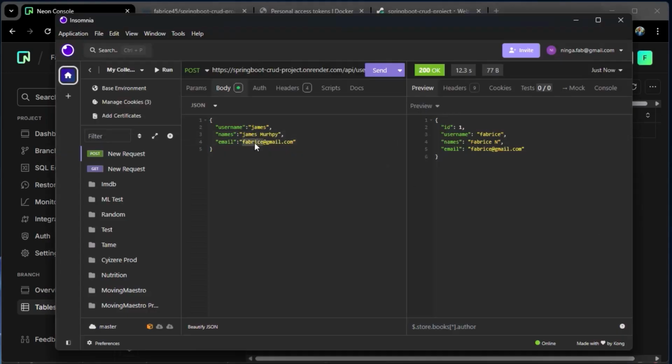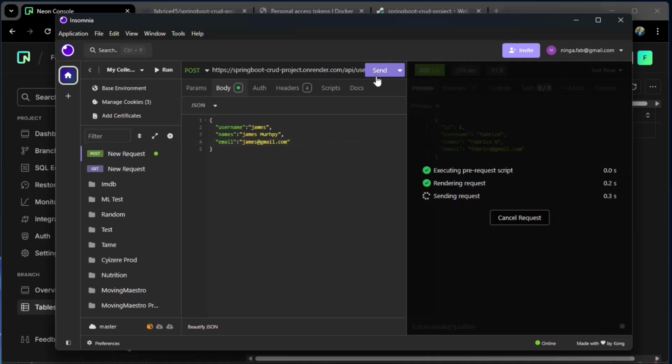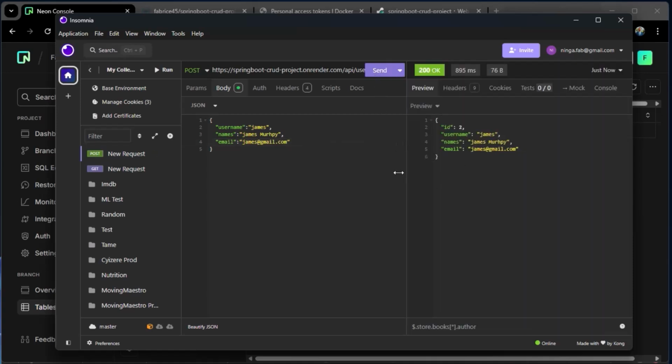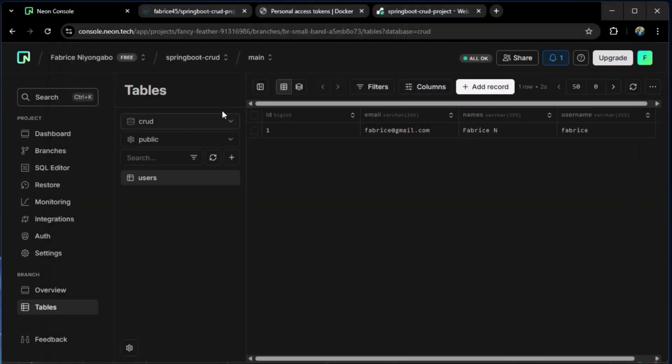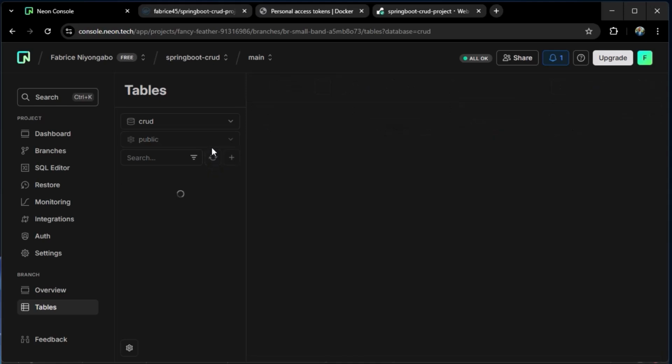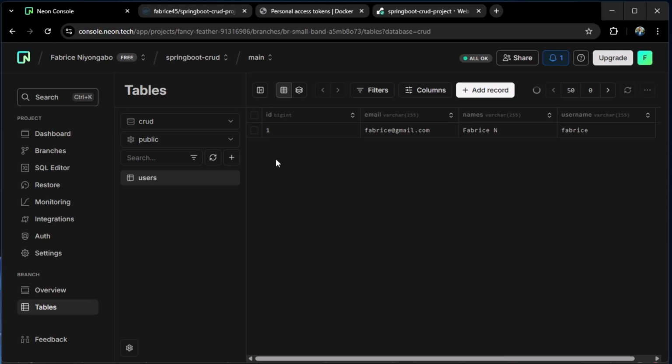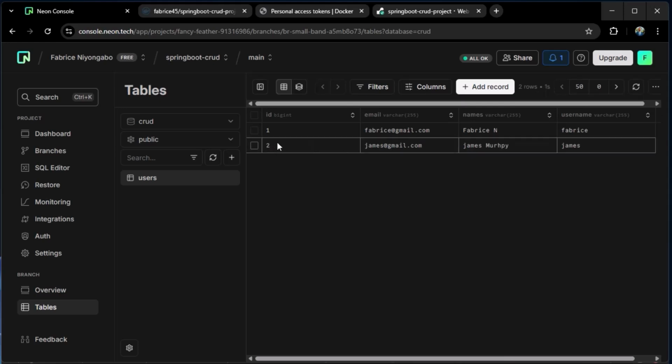James, let's send the request. You can see now the request was much faster than the previous one, and you can see our user has been created as well. And if we go back to our Neon database and click on this refresh icon, you can see our second user has been registered as well.